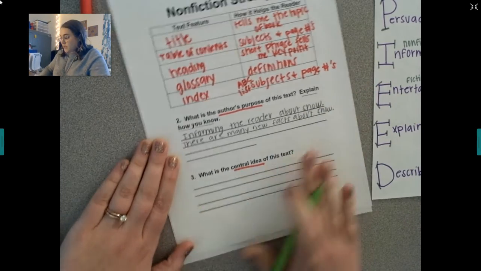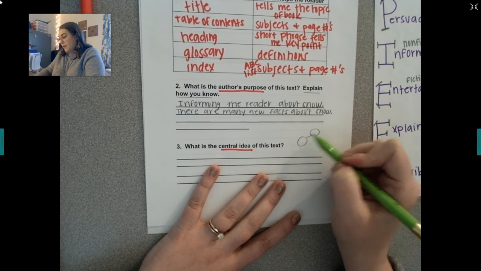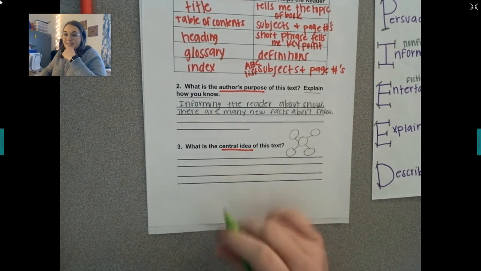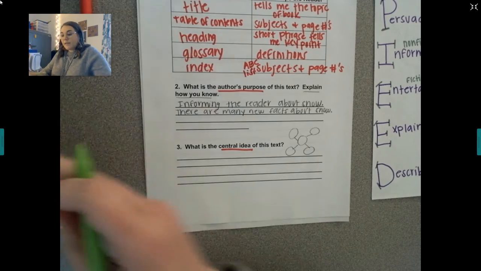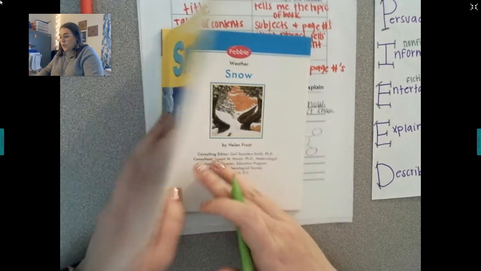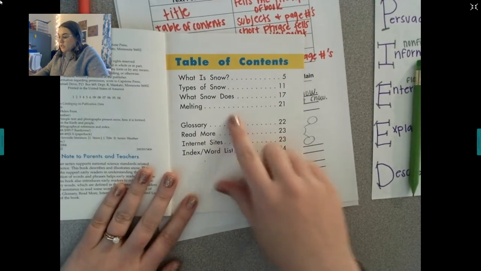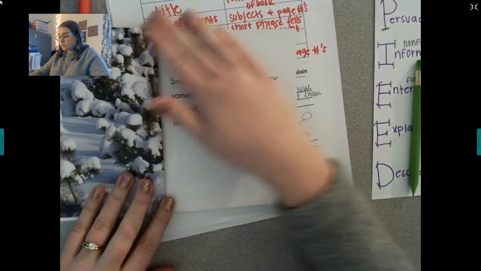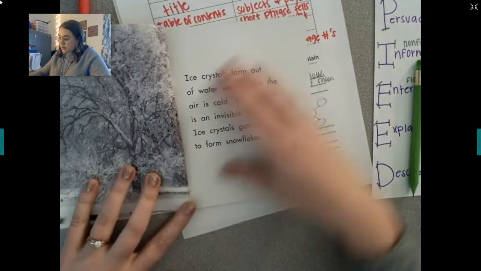Okay, so now let's figure out the central idea. The central idea, I always think of the bubble map. That is when I have to come up with a sentence that tells me the main thing this book talks about. So obviously, we talked about snow the whole time, but what about the snow? We talked about types, what it does, and melting. So I'm going to say my central idea is